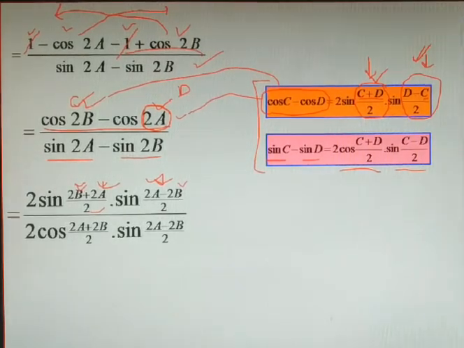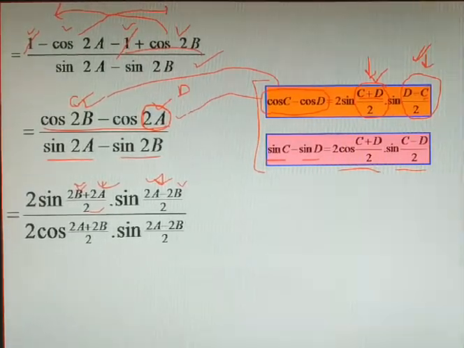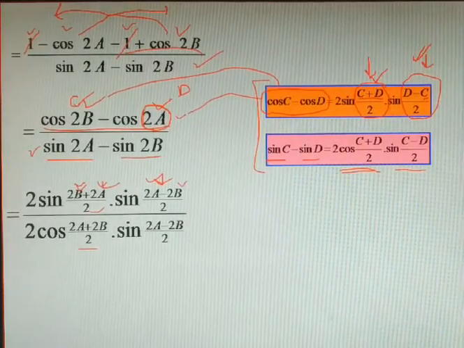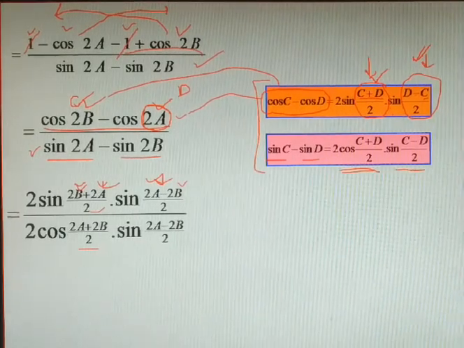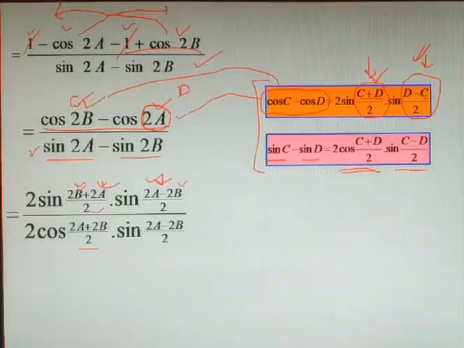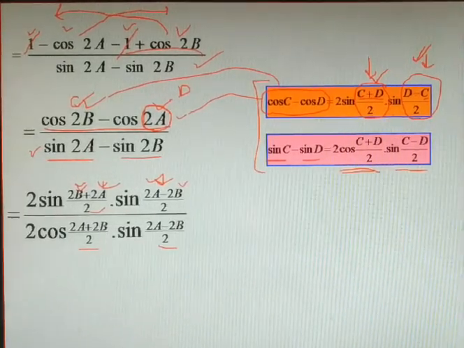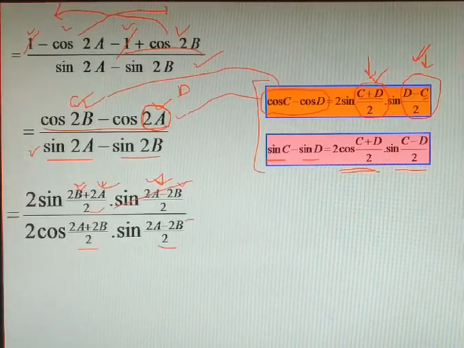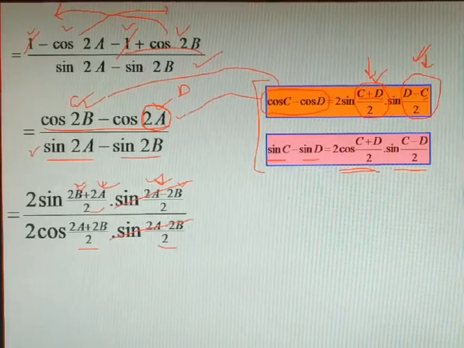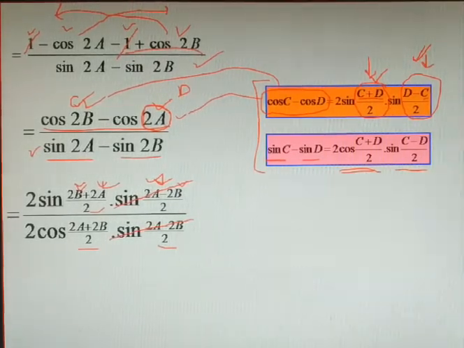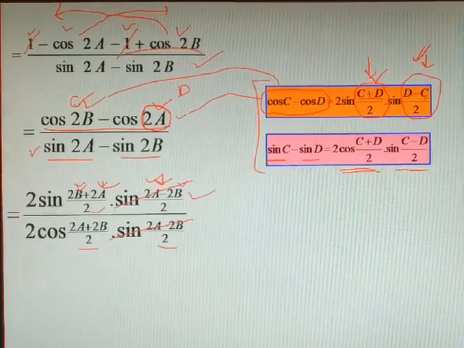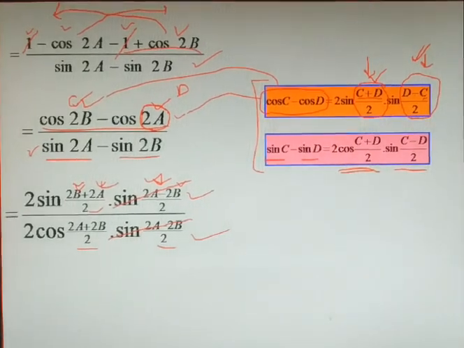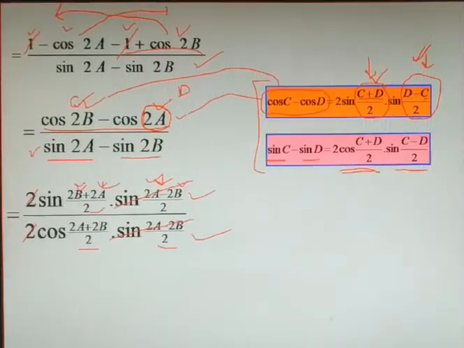And then again this sine c minus sine d, the denominator will convert in this form, that is 2 cos (c plus d) by 2, and c minus d is simple, direct, so we'll write 2a minus 2b by 2. Now you see here the second part from the numerator and the second part from the denominator are totally the same. Both are sine, both have the same angle, 2a minus 2b by 2, so they will be cancelled. Again there is another common factor, that is 2 and 2, so we'll cancel that also.